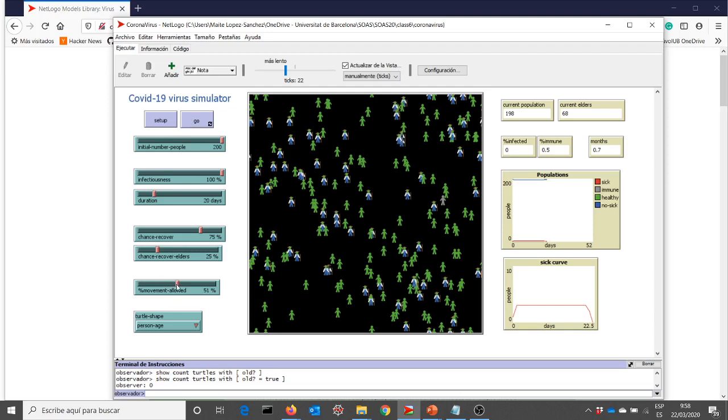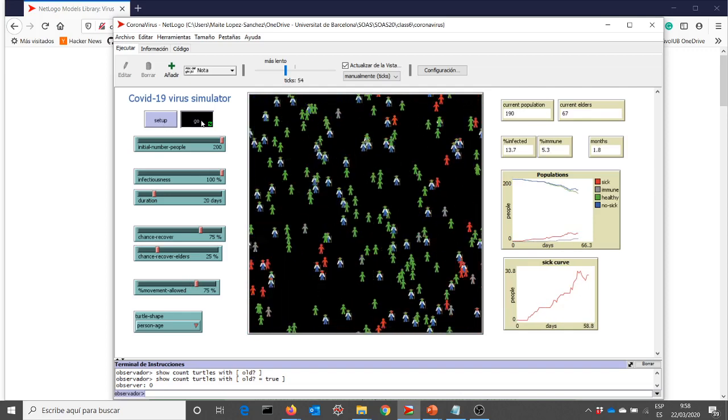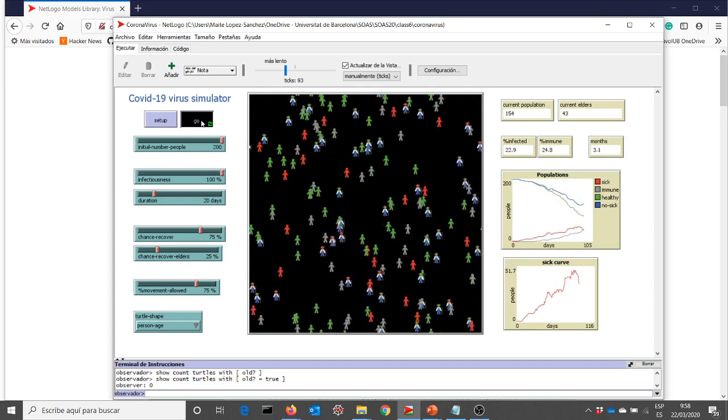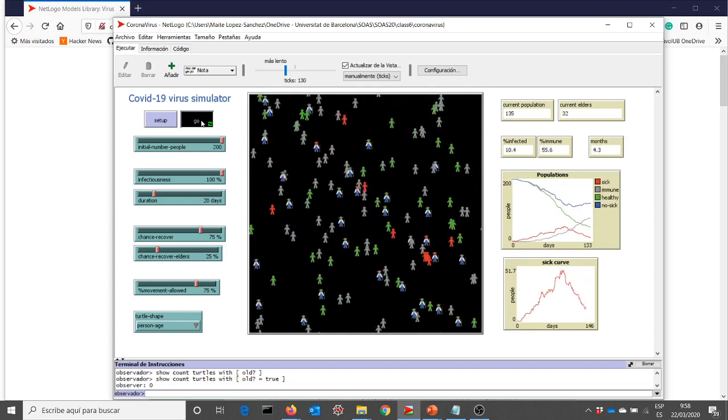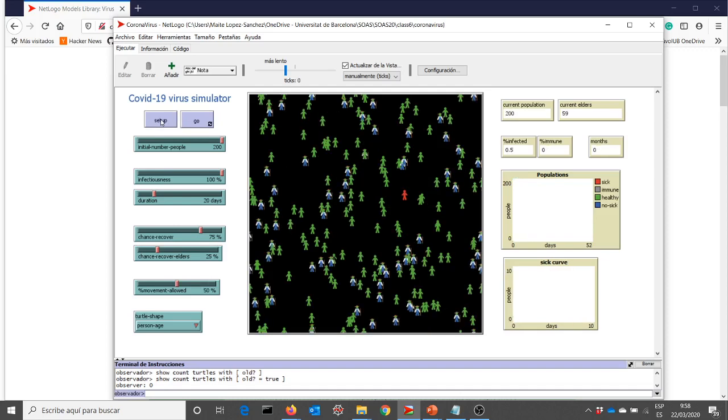So for example, we might have 75% of the population, so most of the population moves, but it is still less than what we had when everybody was allowed to move. If we change that to 50% of the population allowed to move,